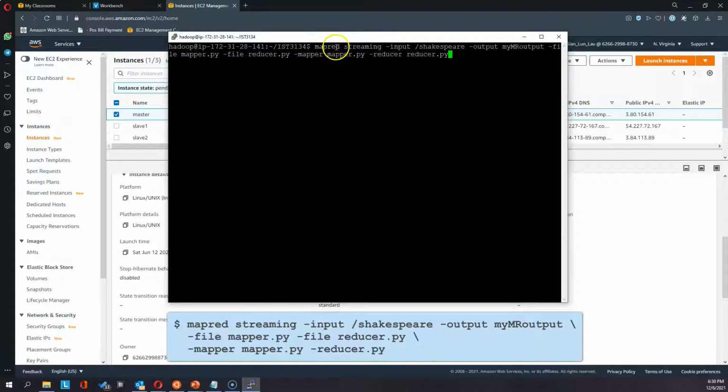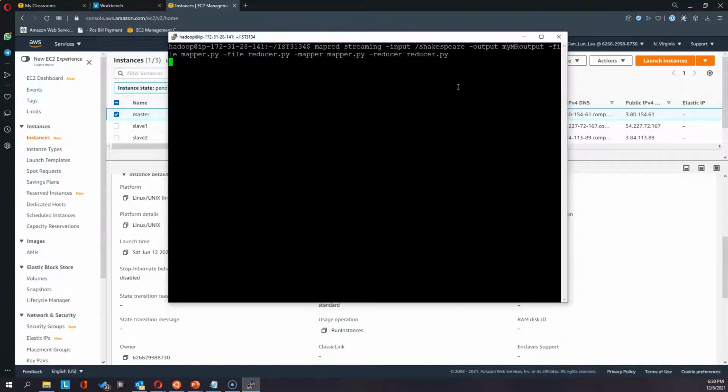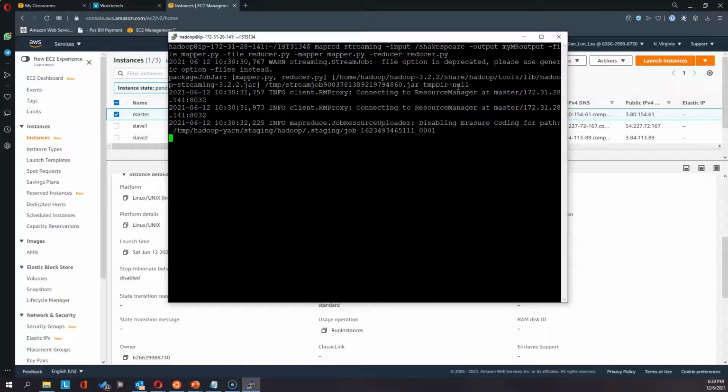You can use map_pred streaming, which is actually equivalent to our previous example where you use Hadoop jar and the jar file of the streaming jar. Okay, I think this will be a lot simpler. It's doing the same thing, therefore let's use this convention instead. Now let's just press enter, and if everything is correct, you see that